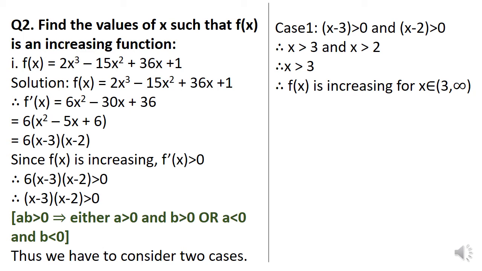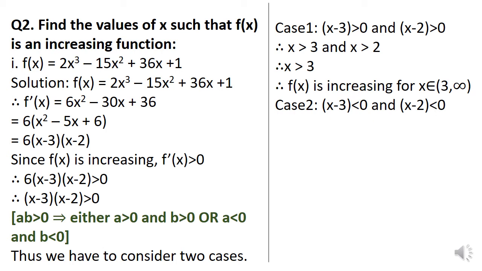I hope you remember about open intervals, isn't it? The rounded bracket over here indicates that it's an open interval. That means it does not include 3 and infinity. 3 and infinity are not included in our discussion, but all the values coming between them are included over here. That is the meaning of the rounded bracket actually.